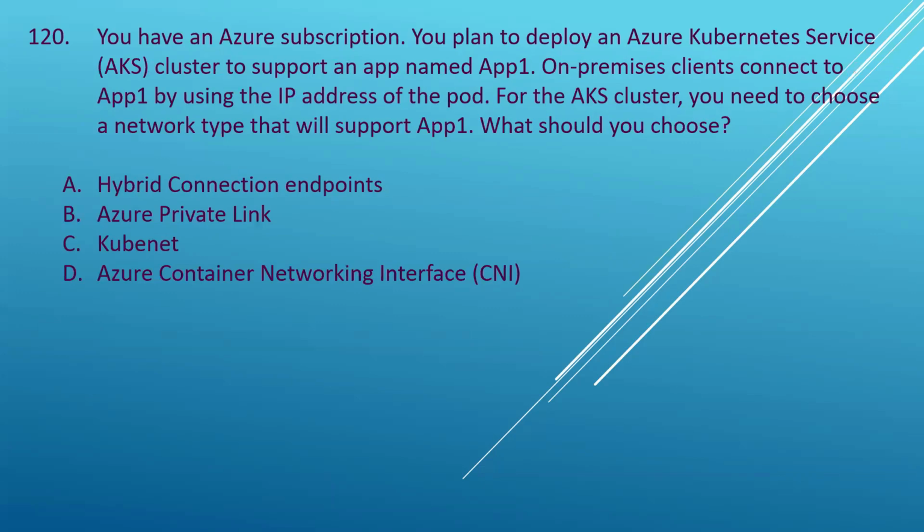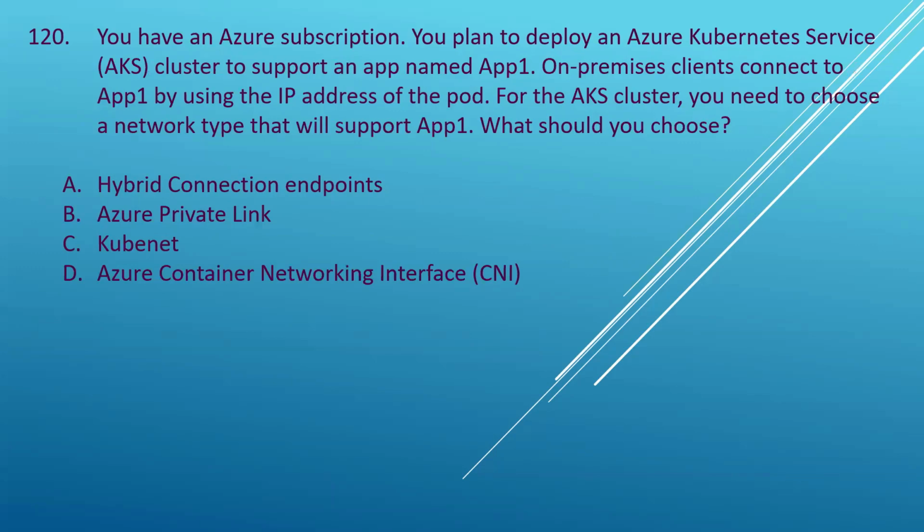What should you choose? Your options are hybrid connection endpoints, Azure Private Link, Kubernetes, Azure Container Networking Interface (CNI). Let's look at the first option first. Hybrid connection endpoints are used for connecting on-premise applications to resources in Azure securely. They are typically used for integrating Azure services with on-premise services. This option is unrelated to configuring networking within an AKS cluster to support direct access to pods by on-premise clients,